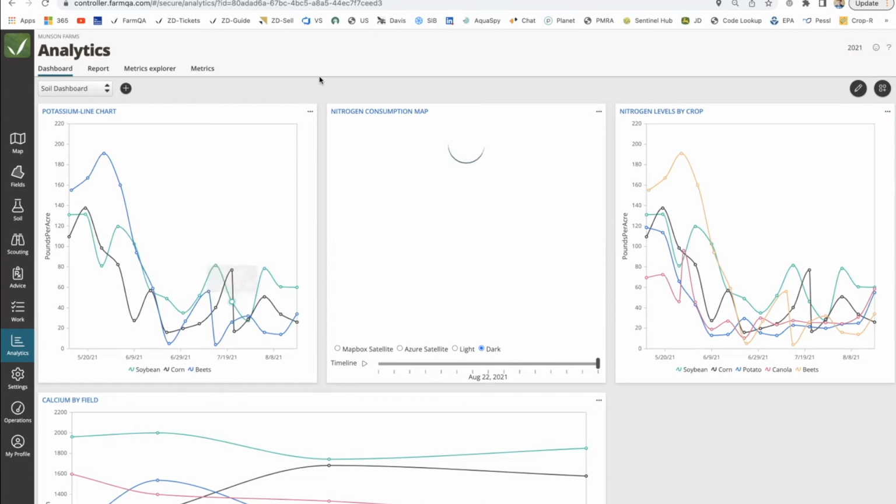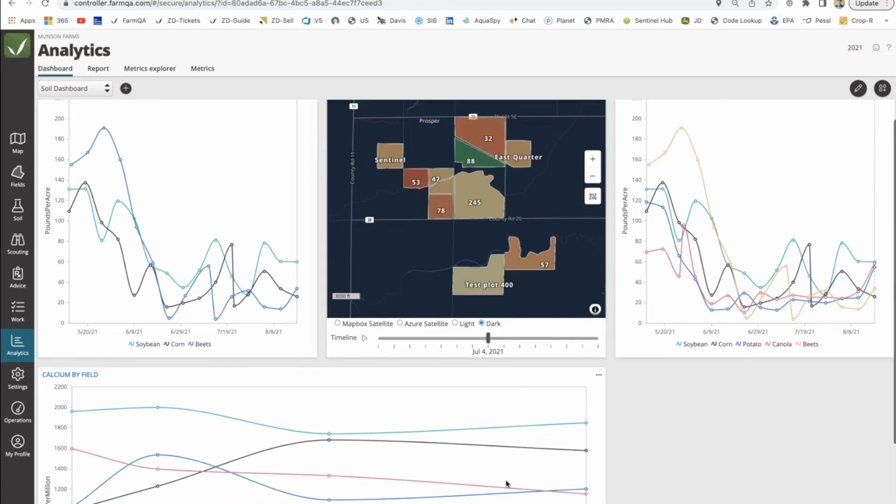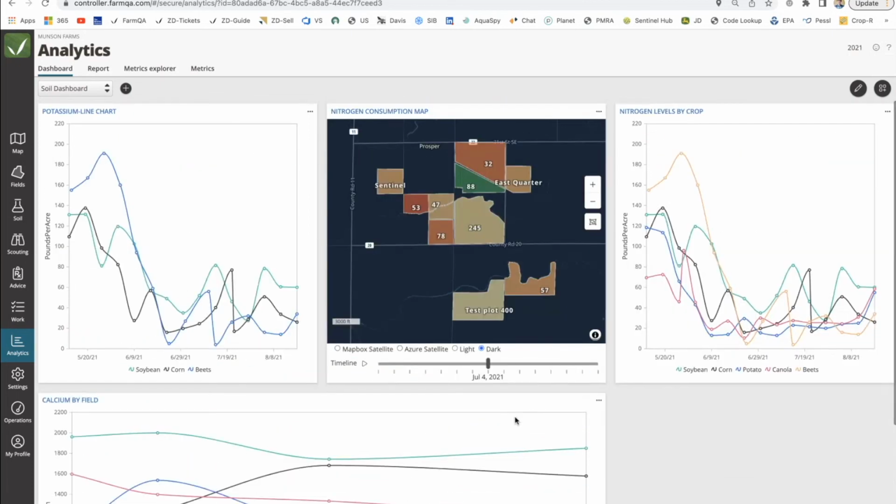And so this is kind of the grand finale of once you create those views, you can store those into a soil dashboard, for example, what I've done here. And so you're starting to put like those potassium comparison lines versus your interactive nitrogen consumption map versus your calcium by field. And so this is really where we're going with the product, is trying to make it easy for you to get this data in so that you can start to get to views like this,